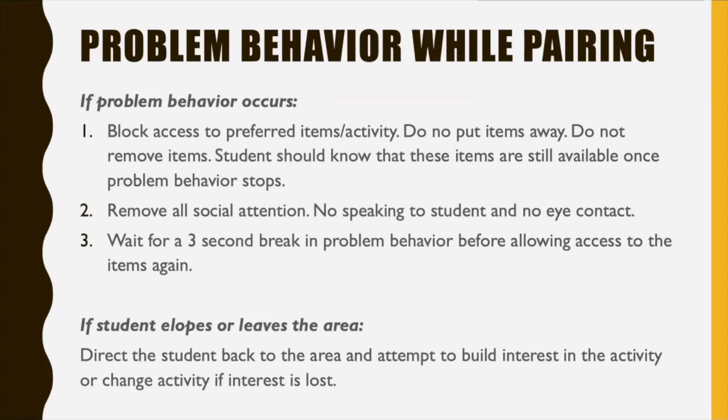So what do you do if there's problem behavior while pairing? If you see a problem behavior, you might block access to the preferred item or activity, meaning you might just position yourself and block the item away. You're not going to pull the item away. You don't want to remove the items. You might just put your hand over the item